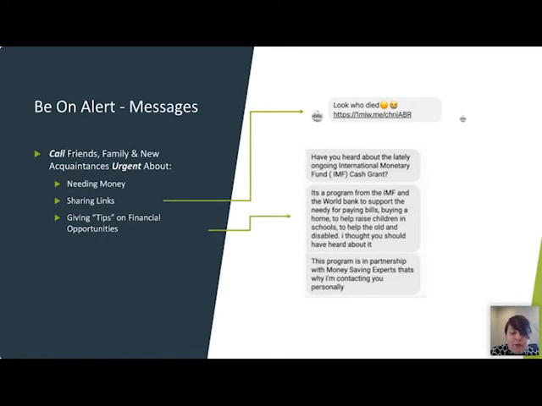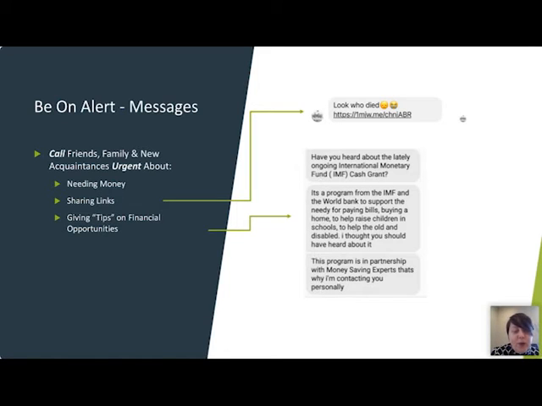So number one lesson on this is to be on alert. A lot of activity happens through messaging, so direct messages, where it gets presented as the person. Ironically, the very first example on the screen here happened to me about 10 minutes ago. A friend of mine sent me a DM saying "look who died," with emojis and a link, but that link actually passes me through to a fraudulent phishing technique. And in their case, they don't know they even sent it.